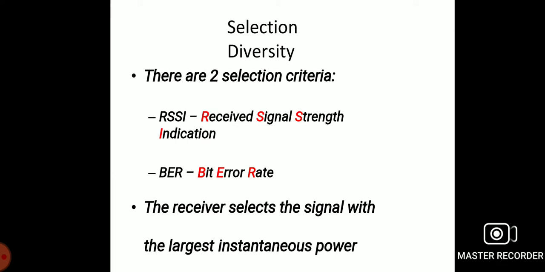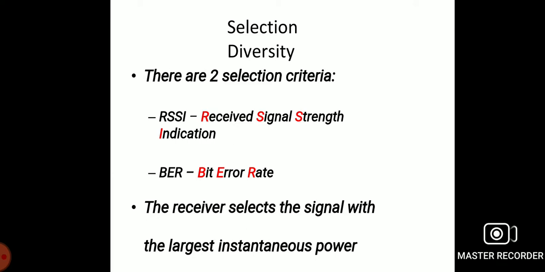In the bit error rate driven diversity, we transmit a training sequence. The receiver demodulates the signal from the receiver antenna elements, and the result is compared with the transmitted signal. There are many drawbacks found in bit error rate driven diversity techniques. The receiver cannot continuously monitor the bit error changes, and the bit error rate cannot be calculated exactly because the duration of the training sequence is finite.